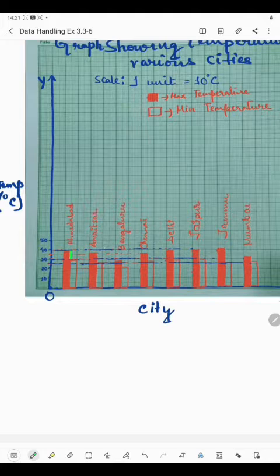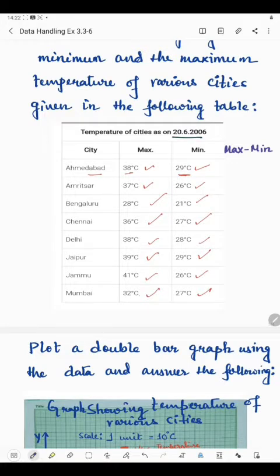In Ahmedabad, Amritsar this, in Bangalore this, in Chennai this, in Delhi this, in Jaipur this, in Jammu this, and in Mumbai this. So what we have observed is that the difference between maximum and minimum temperature in Jammu is the largest. This is the difference. Okay. And if you find the difference between maximum and minimum temperature in all these 8 cities, then see Ahmedabad,